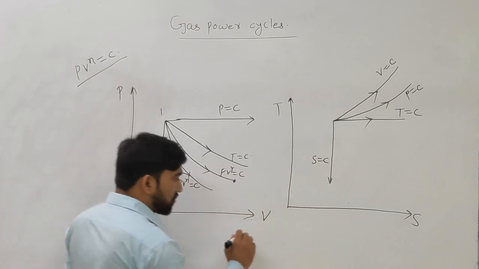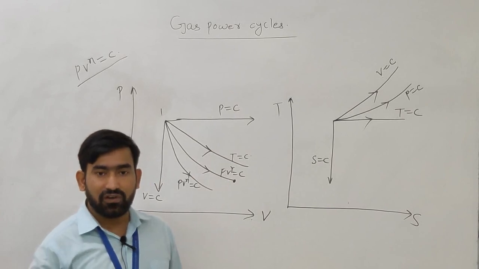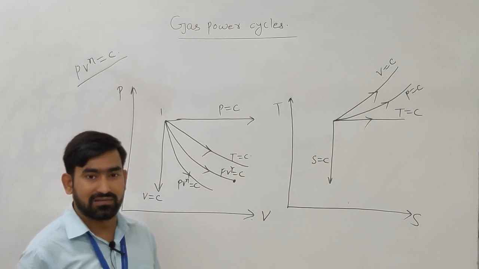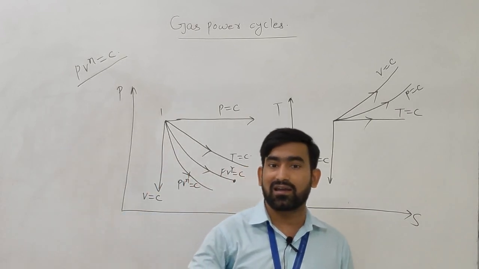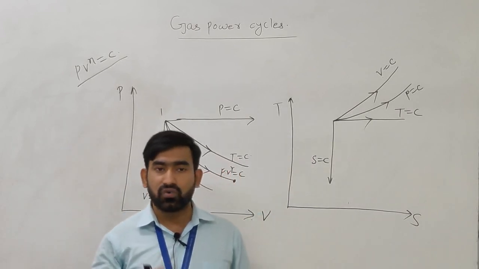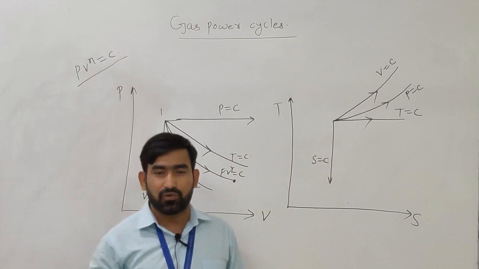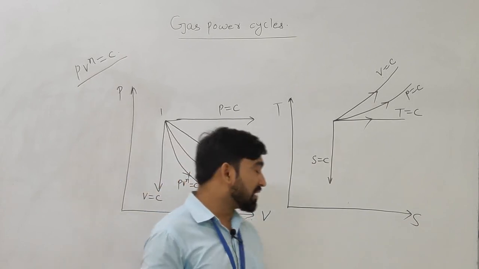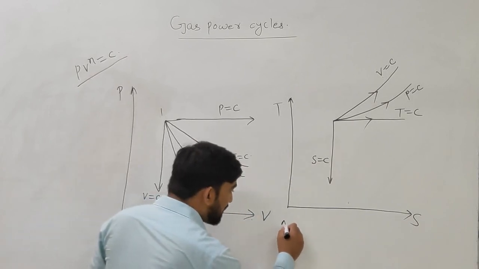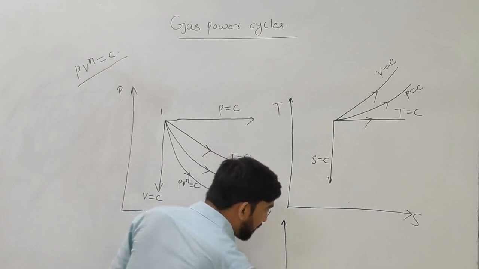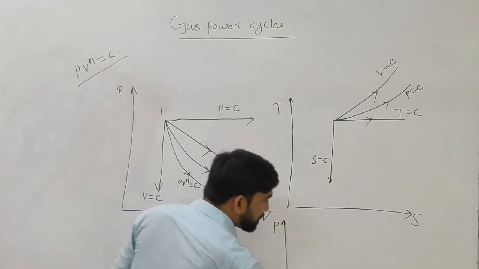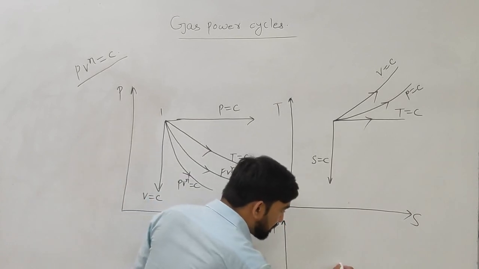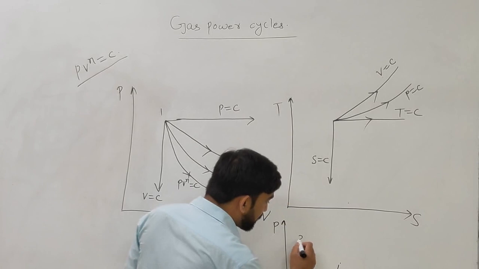Let us discuss how we can draw the Otto cycle. In the Otto cycle, first of all we have to remember the processes by which we can draw it. We have 4 processes and all are reversible: 2 reversible adiabatic or isentropic processes, and 2 reversible isochoric or constant volume processes. So we will see the PV diagram. We will draw the PV diagram for the Otto cycle, where we have point number 1, point number 2.